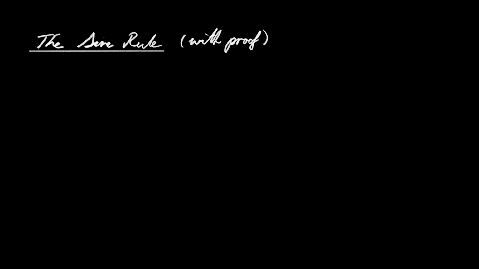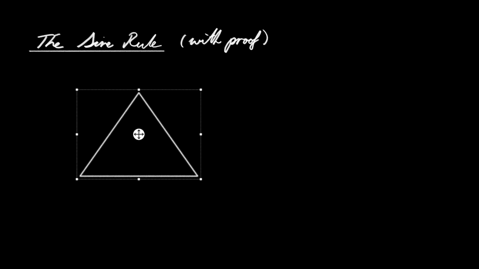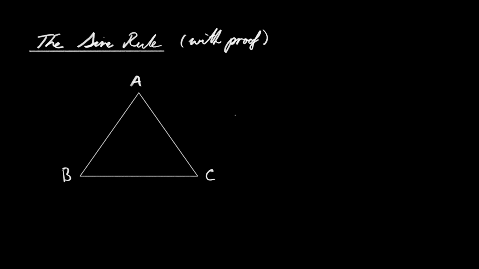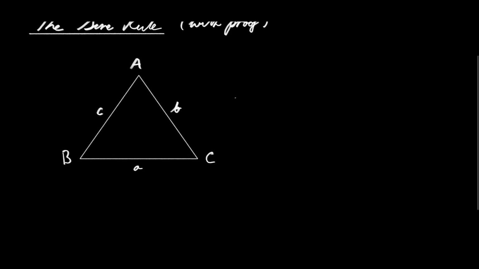So let's say we have a triangle and the angles of the triangle are labeled as follows. Each of the angles are labeled with uppercase letters, and the corresponding side length spanned by any angle is labeled with the corresponding lowercase letter. So the angle A spans the side length lowercase a, and similarly for the angles B and C, and the side lengths lowercase b and c. Then the sine rule says